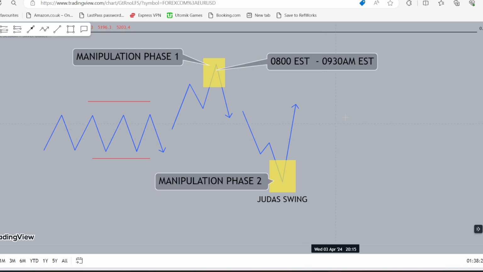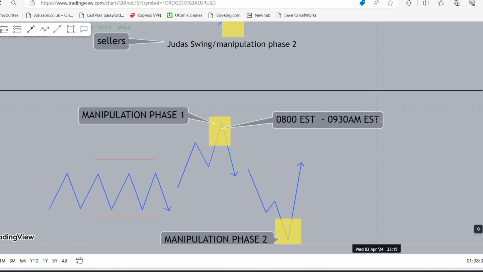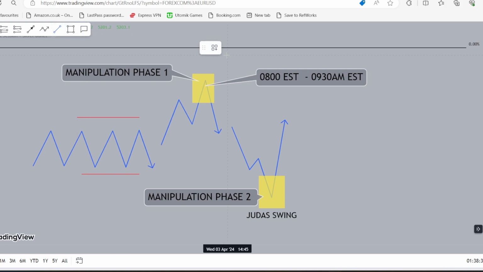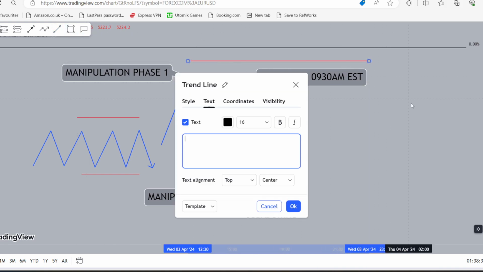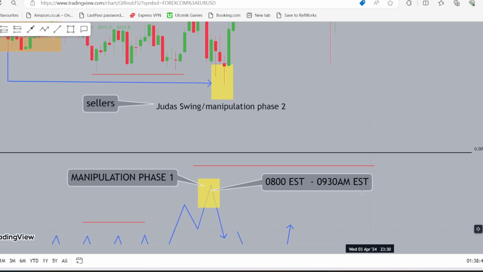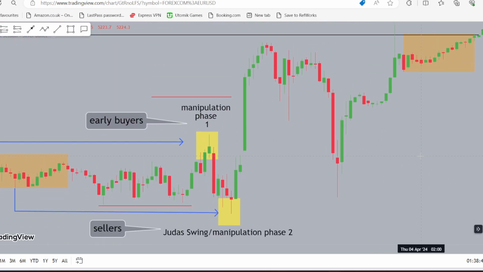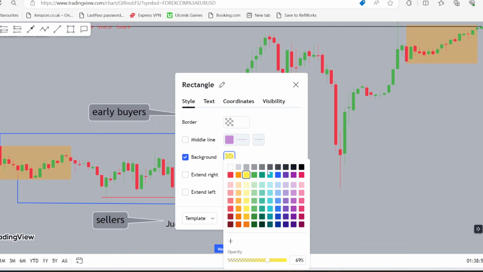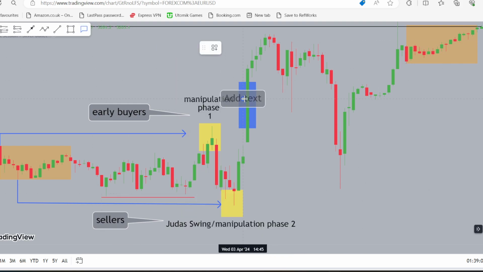The purpose of manipulation phase 2, what we see over here, is we're seeing sellers enticed to the market, and this then engineers buy side liquidity all the way up in this region over here, right? And our next and final job is to key off a fair value gap. Fair value gaps are quite easy to identify. It's just understanding that fair value gaps, just like liquidity, have to be time respected. So we need to understand that the fair value gap, which is this one over here in this example, actually occurs